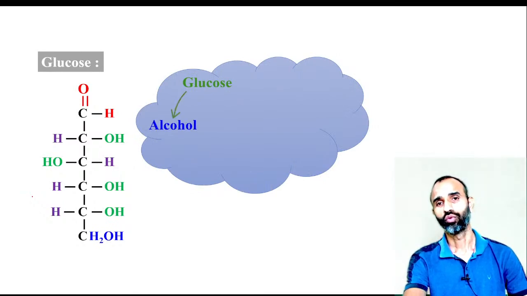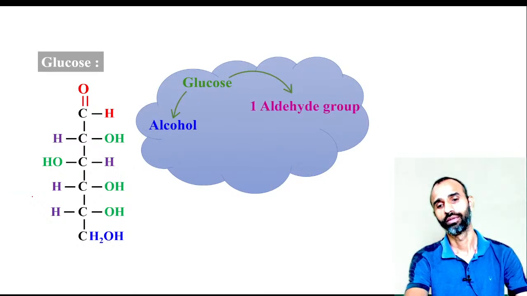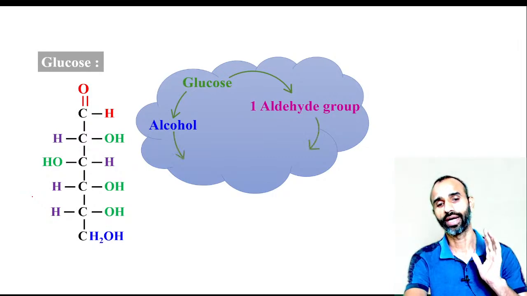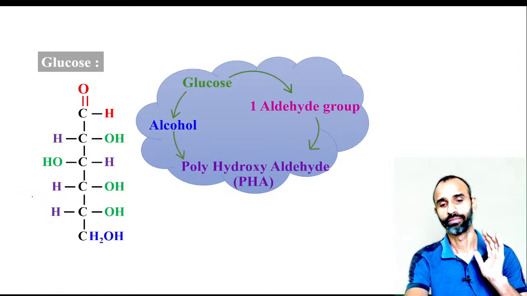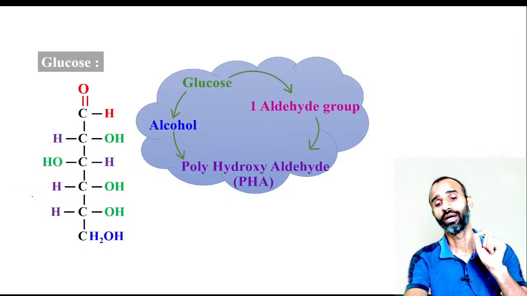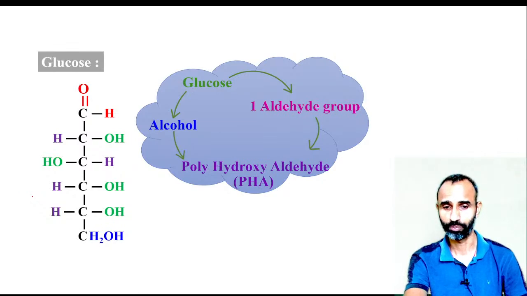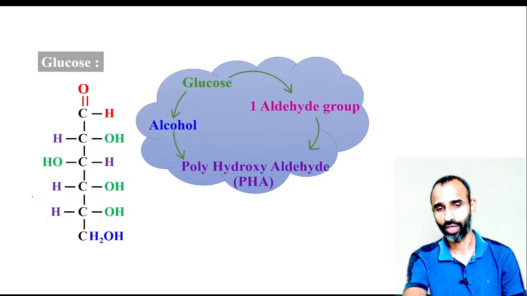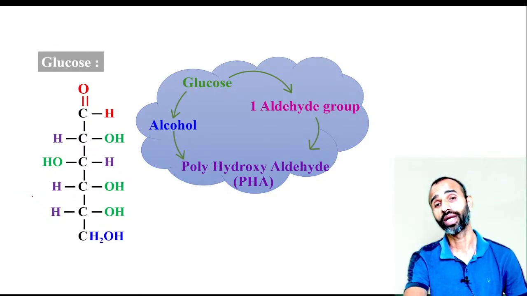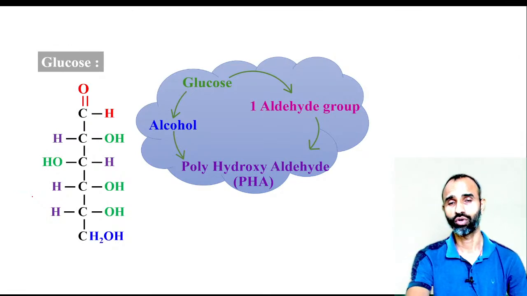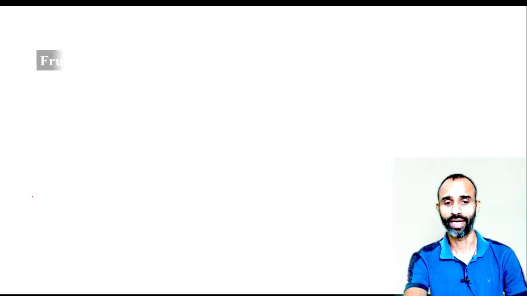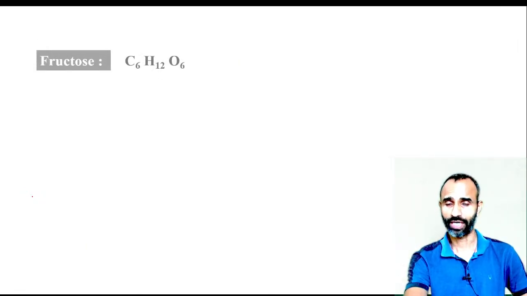So glucose has alcoholic groups as well as an aldehyde group. That's why it is called polyhydroxyaldehyde, PHA in short, because there are more OH groups. That's why it is polyhydroxy, and only one aldehyde group, and that's why it is called polyhydroxyaldehyde. Now fructose,